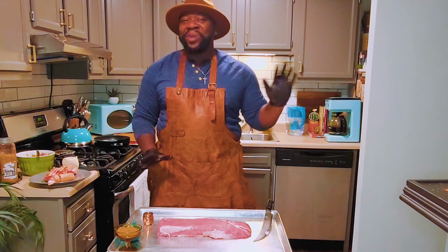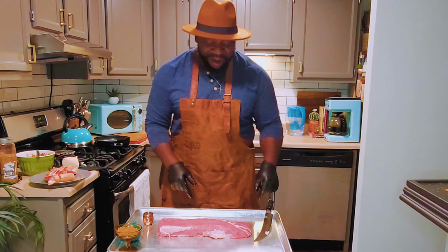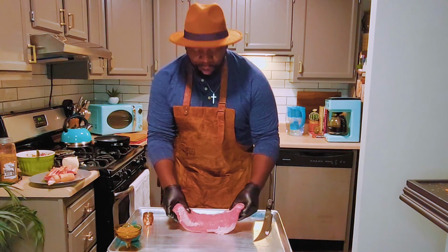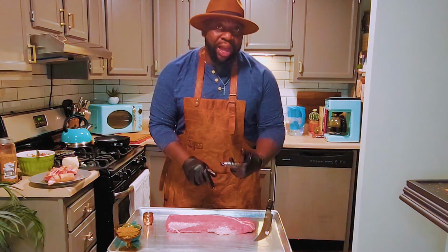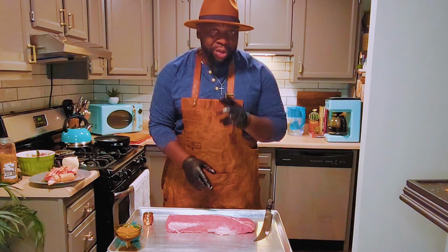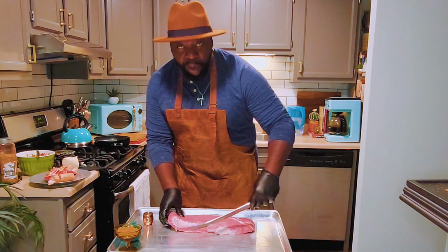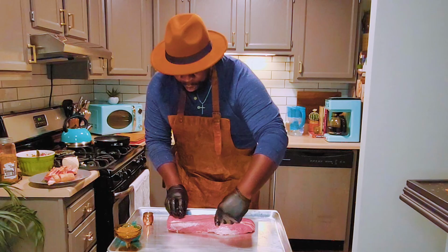All right, so now we got the stuffing out of the way. Let's get to the big piece of meat right now, all right? We got our pork loin, okay? So, I know you're asking, well, how do we get the stuffing inside of the pork loin? So, I'm gonna teach you. You're gonna go parallel to your cutting board or pan or whatever you're holding it on. We're gonna cut a slit